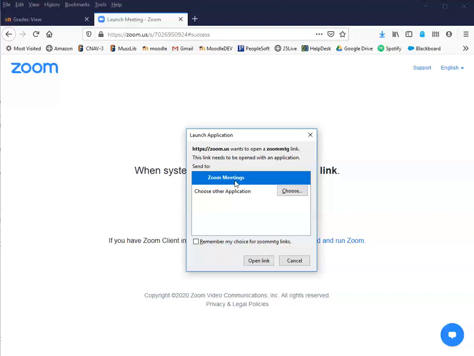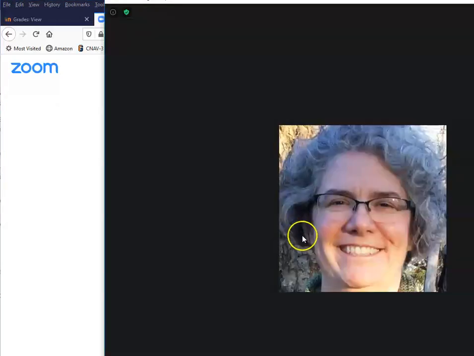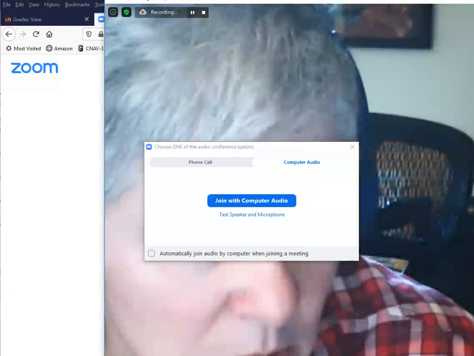You won't have to do anything, but you may need to come up. For instance, I'm in Firefox, so I could come up here to my download button here, or I could go to the folder where I know all my downloads are saved to, and get the Zoom installer started. And there's no choices you're going to need to make. You're just going to need to spin up that installer. Once you've actually installed the software, in this case, I'm just clicking on that because I already have, it's going to bring up the full Zoom